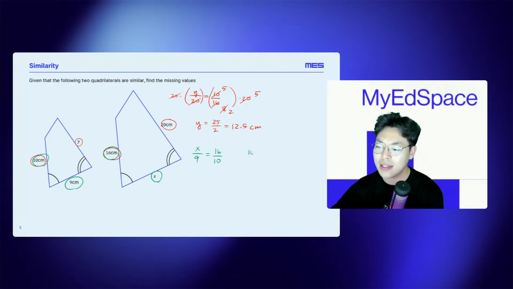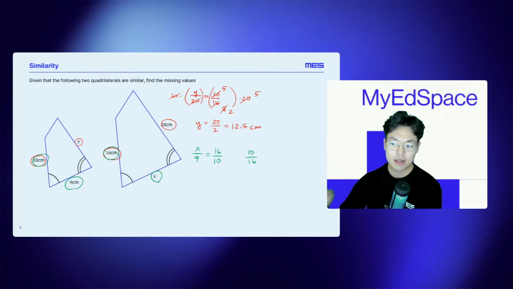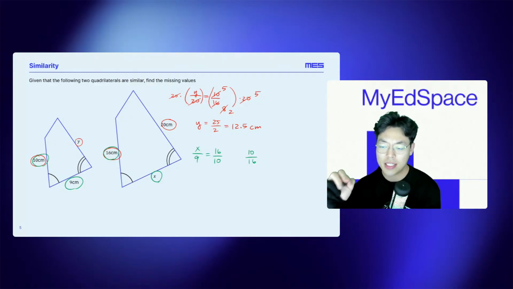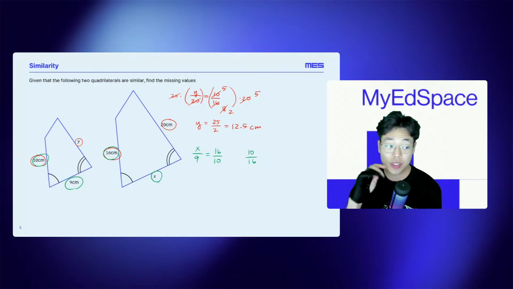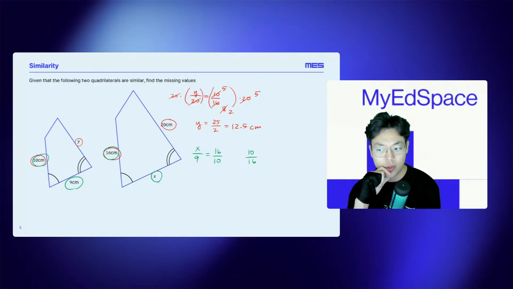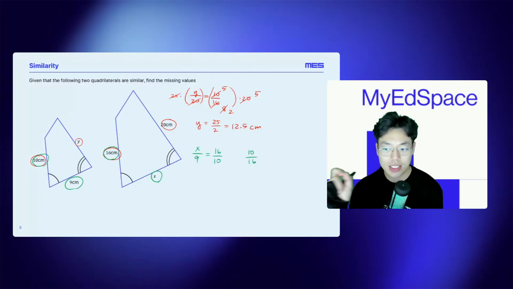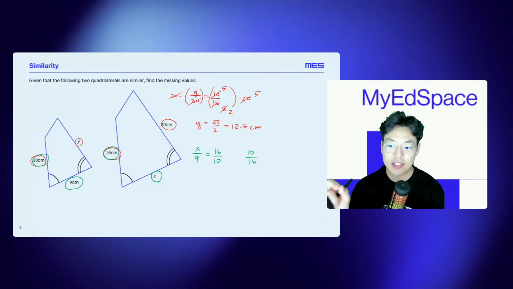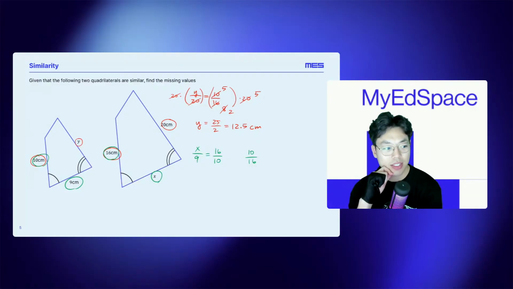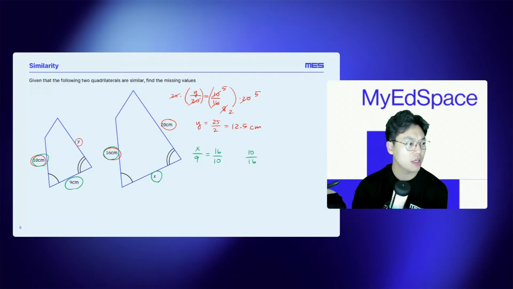Now, can we put 10 to 16 here instead of 16 to 10? Instead of saying x over 9 is equal to 16 over 10, would it be the same thing as saying x over 9 is equal to 10 over 16, in the chat? Would those two be the same thing? Setting x over 9 equal to 16 over 10 and x over 9 equal to 10 over 16, would that give us the same thing? Maddie says, I think yes. Okay, right? Because we're using the same numbers, 16 and 10, 10 and 16.